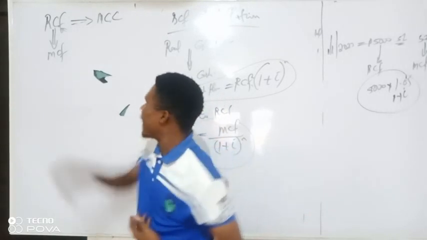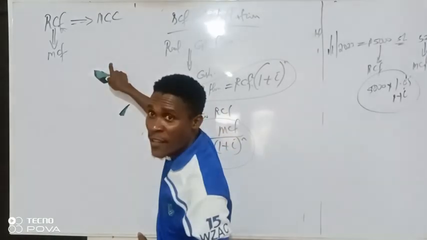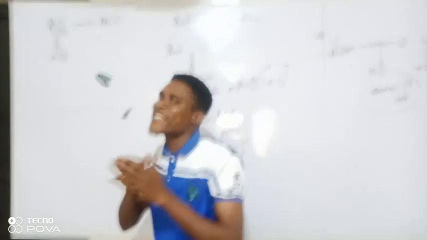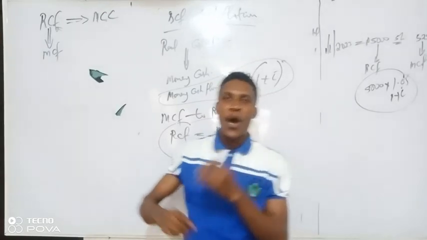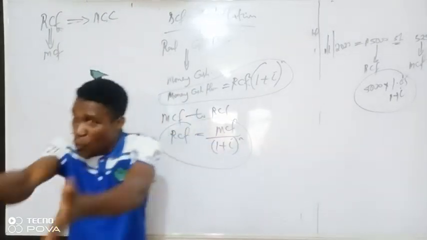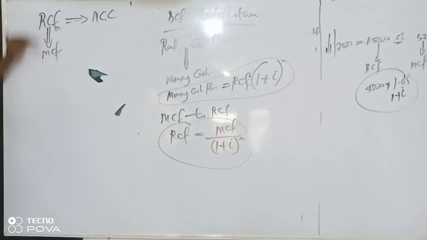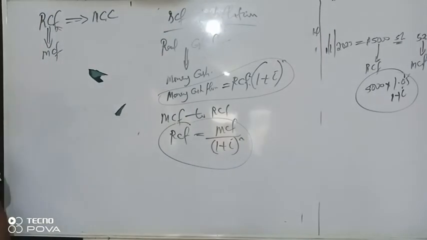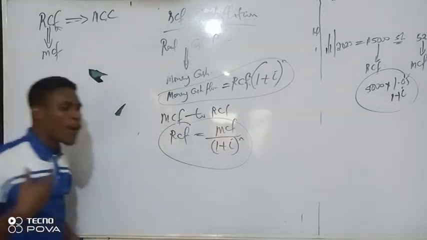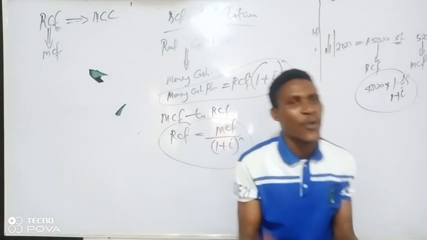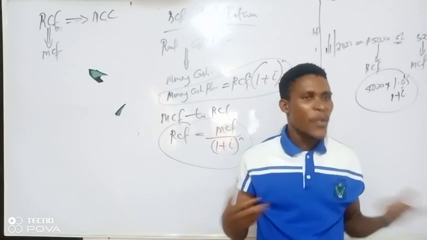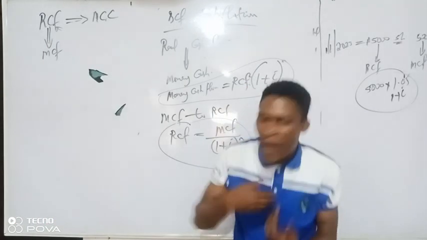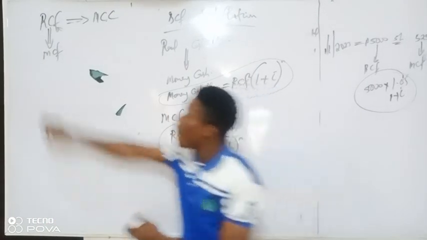Did I say that it's not possible to convert to real? No, I did not say that. But I said it's the most appropriate method of discussion. But it will be easy for you to convert this to this in this question. Why? Because the project life is short. The way the question is set will determine the method you have to adopt. Now I'm giving you the reason why I'm adopting this method.